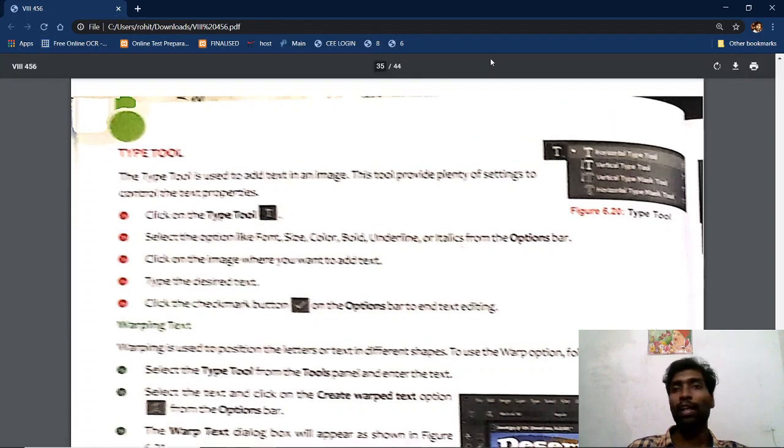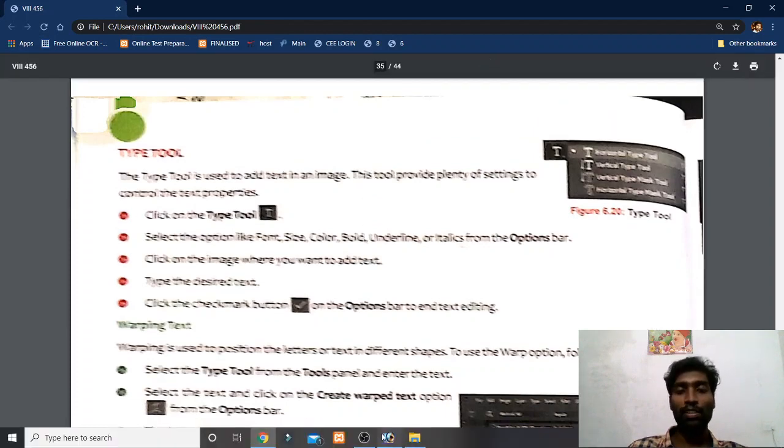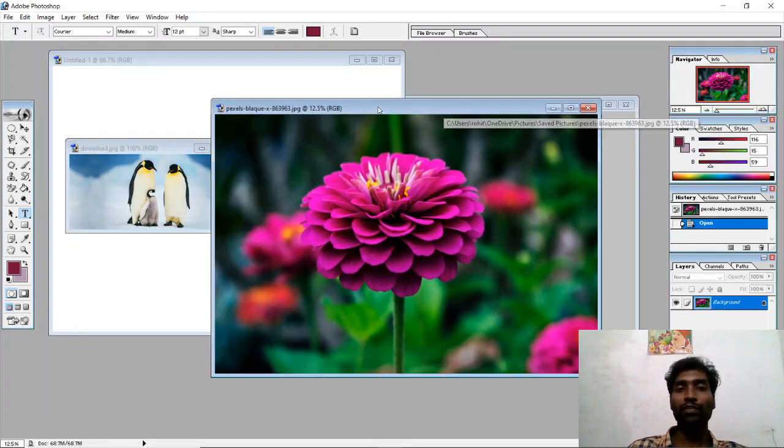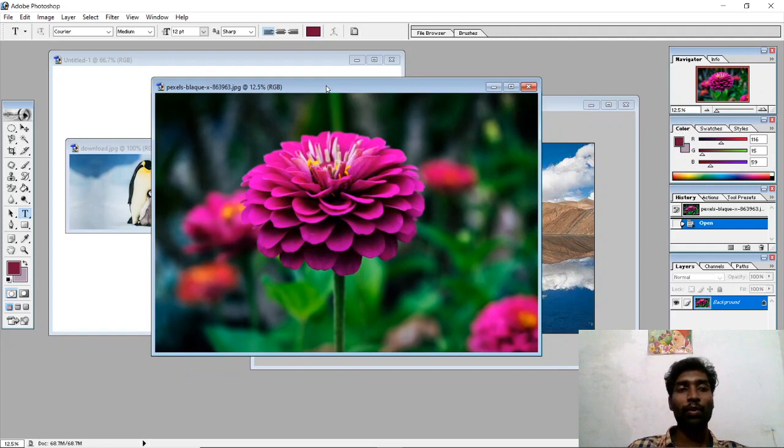Now type tool. Actually, what is a type tool? Type tool is used to type text in Photoshop. Here I opened one image. So I am selecting the type tool. If you want to insert text, you need not worry. It is very simple. Just select the type tool, move your mouse cursor, click on the image where you want